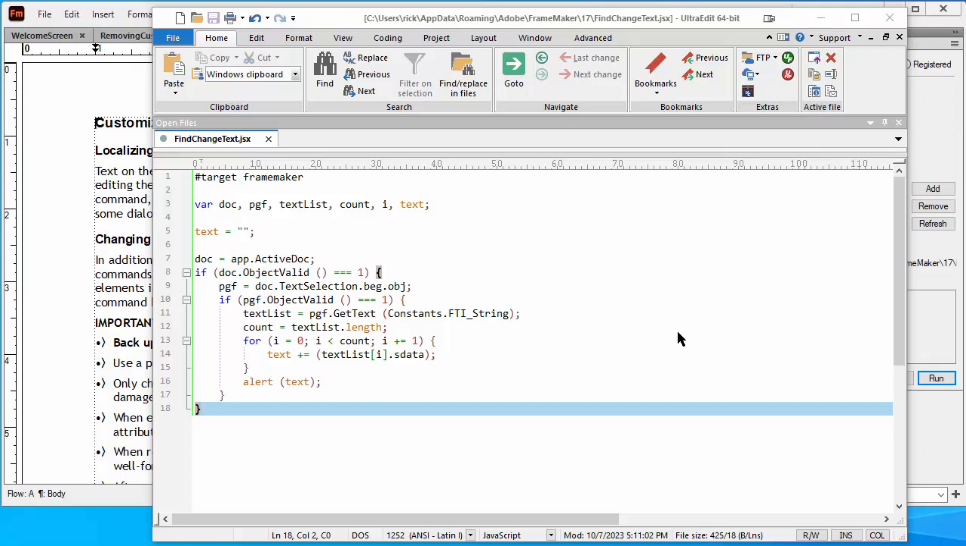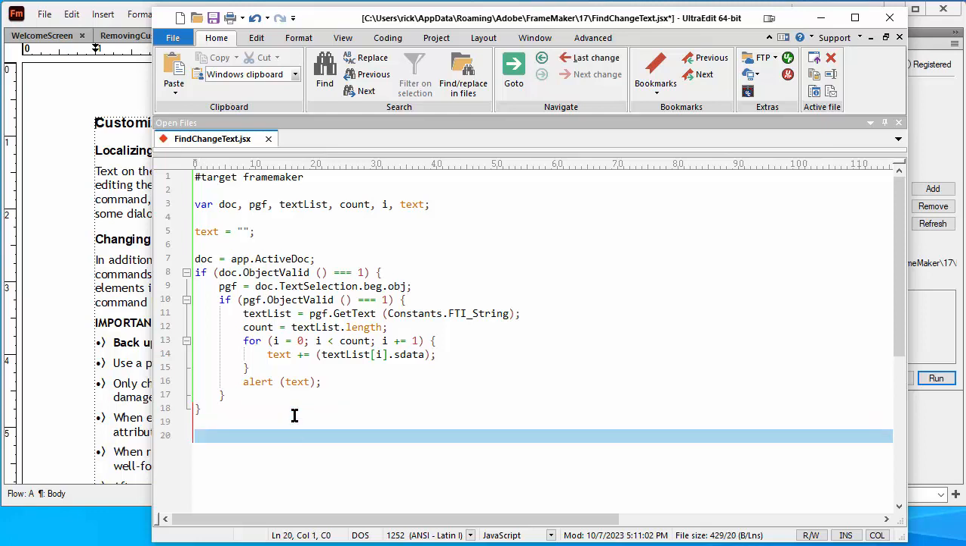Okay, now that we got this working, let's isolate this into a function that we can call repeatedly, because obviously we don't want to just apply this to the paragraph where the cursor is. We're going to want to apply this to multiple paragraphs, possibly every paragraph in the document, and maybe even every paragraph in the book. So what we're going to do is create a function, and let's call it